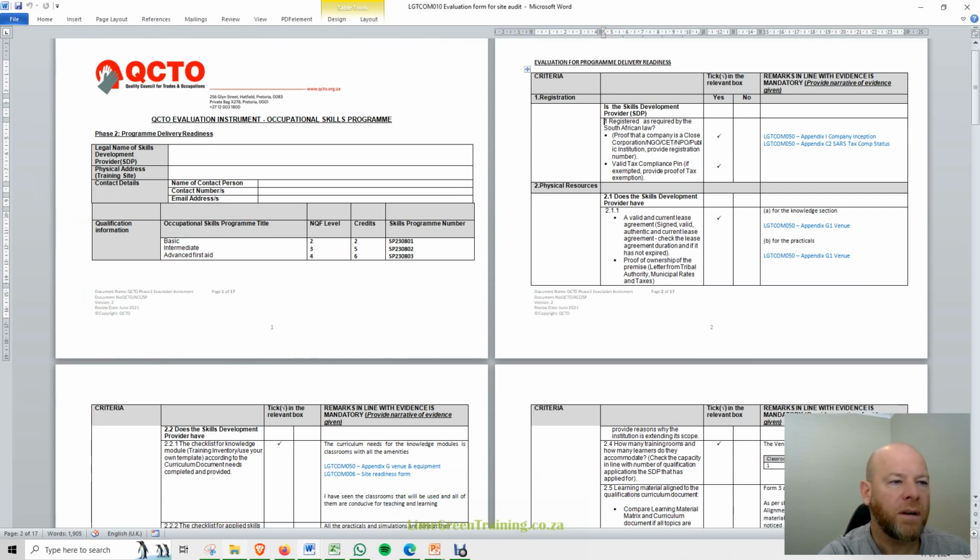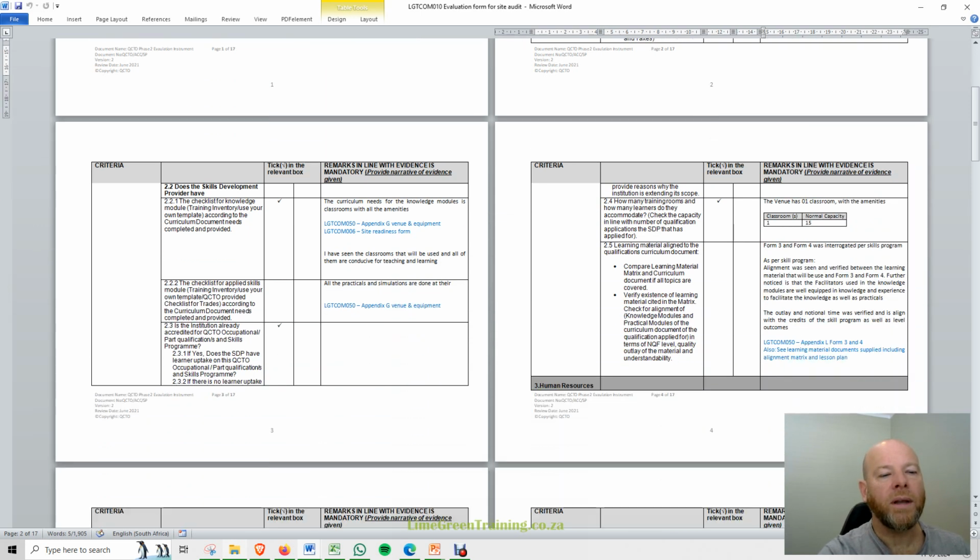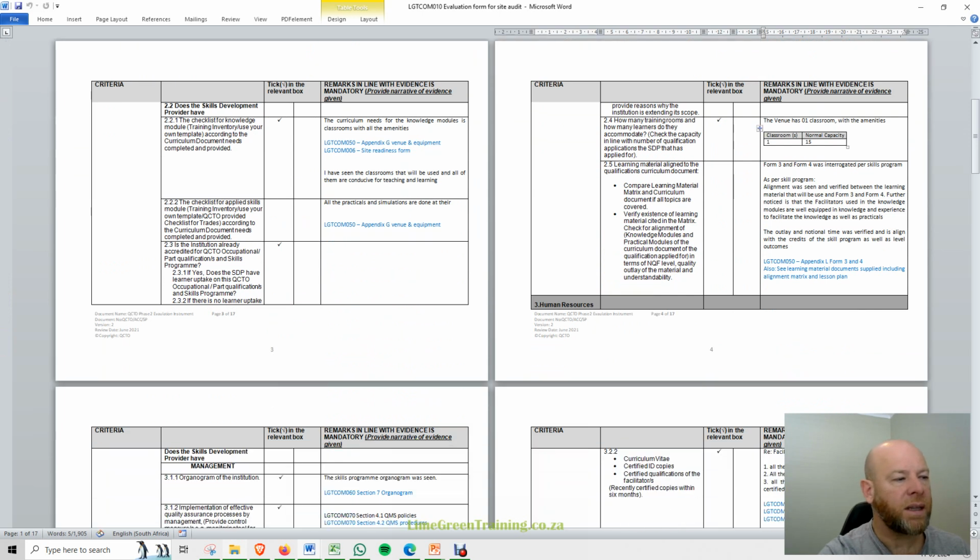So here we have the requirement for registered as required by South African law, which is your CIPC documents. So here we've slotted your CIPC document in, LGTCOM 50, which is the document number, and Appendix I, which is the appendix of that document number. Valid tax compliance PIN. Here we've slotted that in as Appendix C2. So each requirement, we show them the document evidence by pointing to a point in the QMS where that document